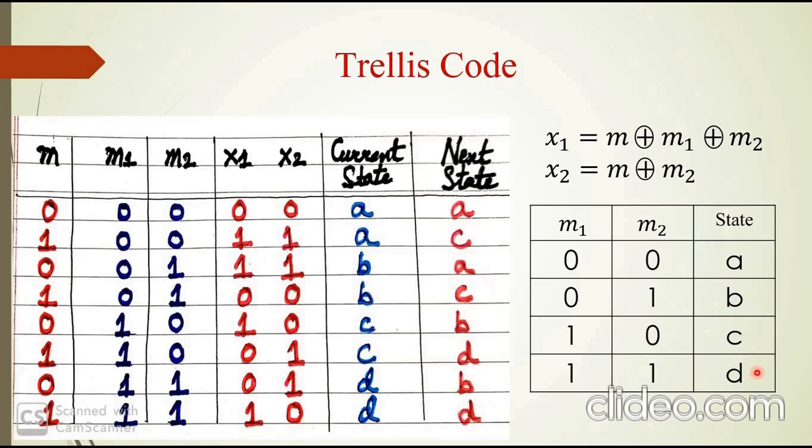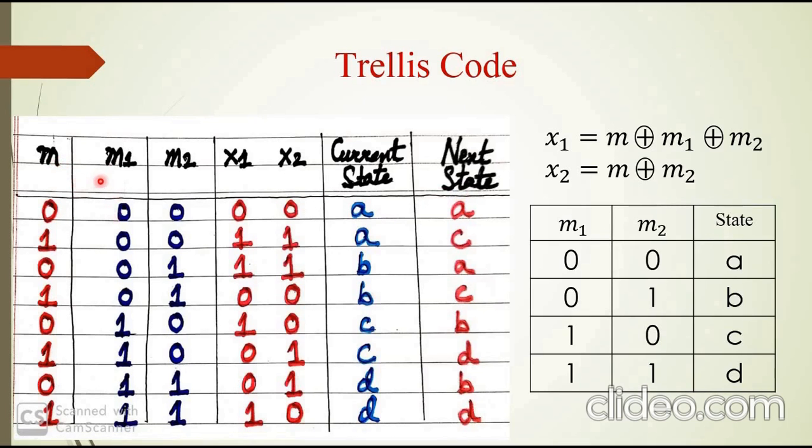Now I want to check the convolution encoder in state A with current message bit 0. Here the current message bit M is 0 and the state is A. In that case, the next state will be M and M1.